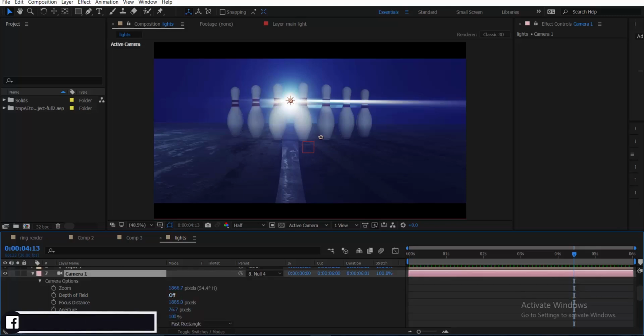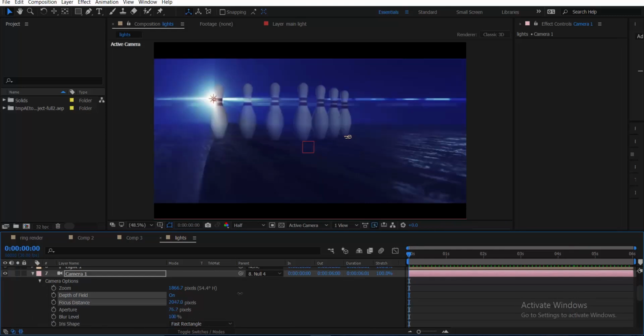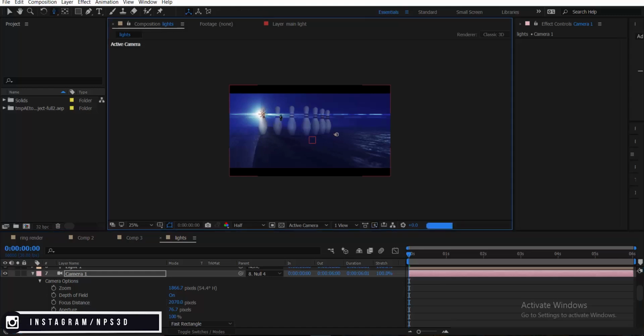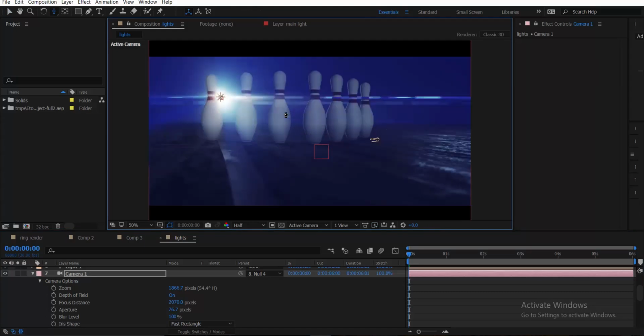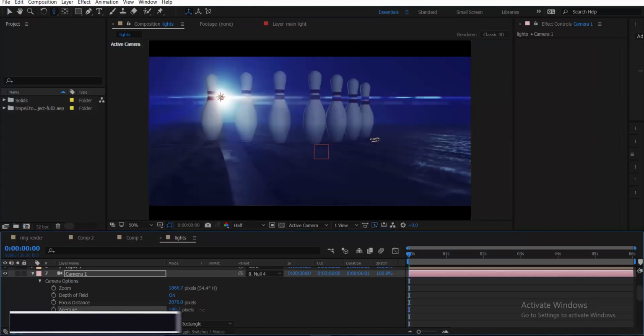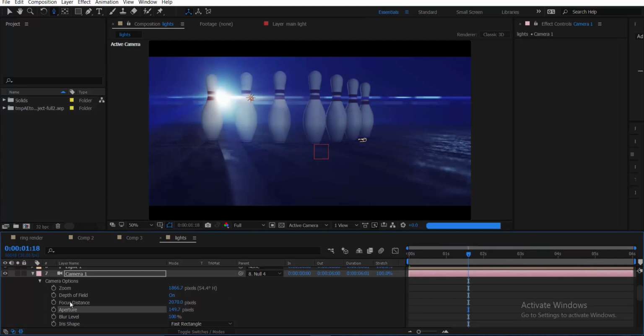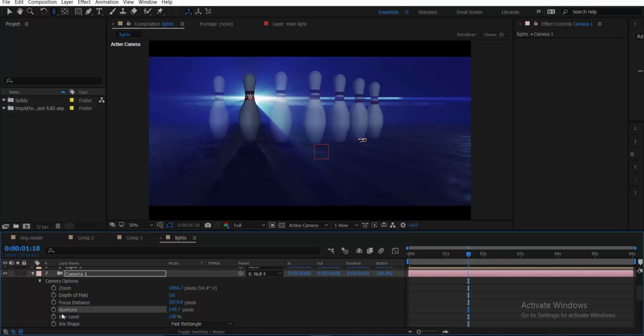And here we'll just turn it on and go a little bit close. Let's go a little bit close. So now you can see if you go to the full resolution, the result is looking like this, and you can also keep the focus distance. Alright,